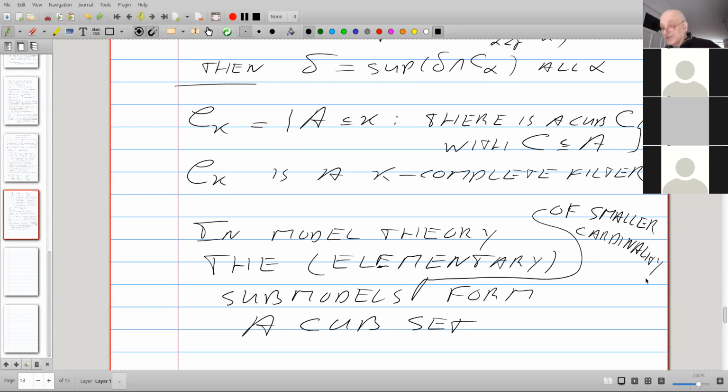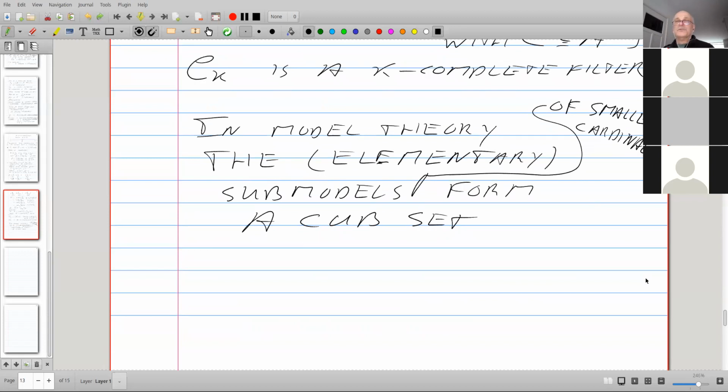If it's size Aleph2, you look at the countable and the ones of size Aleph1. They form a closed unbounded subset of the full domain of that model, which you will order in type its cardinality. And there is lots of stuff you can do with that.